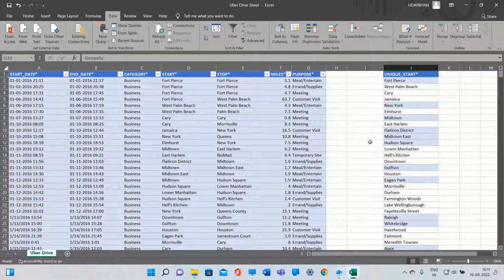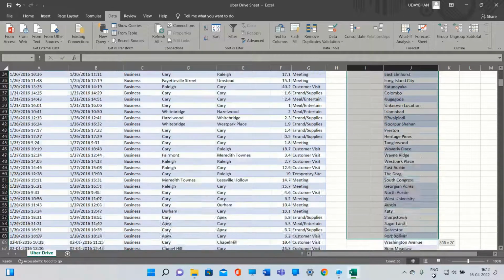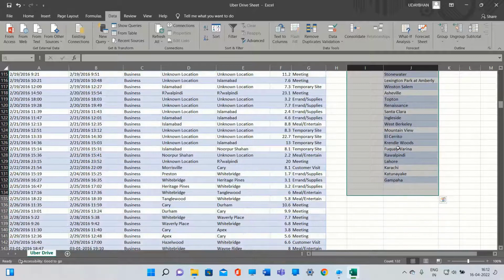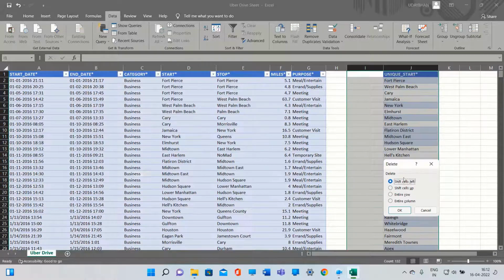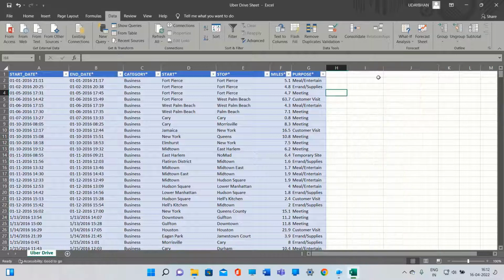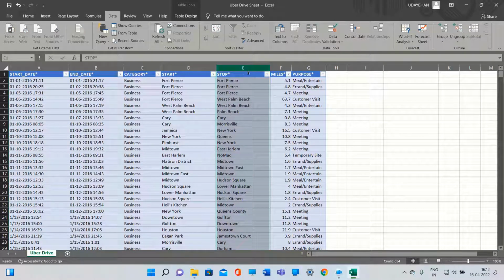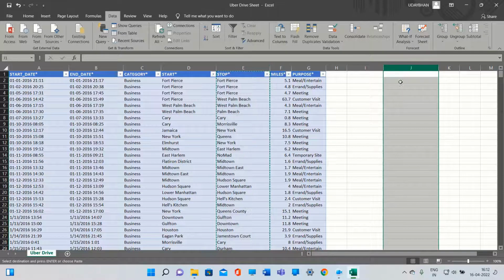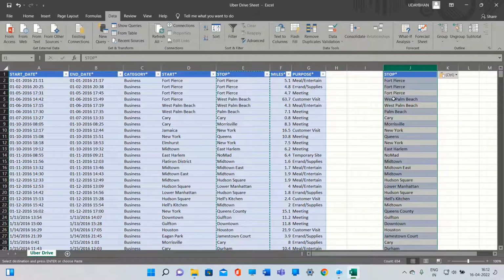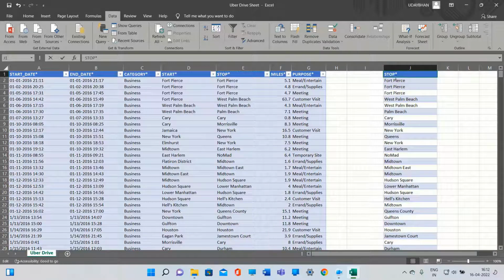And again question number 13: get the unique stop destinations and count them. We will follow the same process as we did with the start destinations. First I need to delete this. I don't want to put it here. I want to clean my worksheet. So again with the stop destinations, we will select the header E and press Control C. All the row values are copied. Now we will paste it with Control V. It is pasted here.